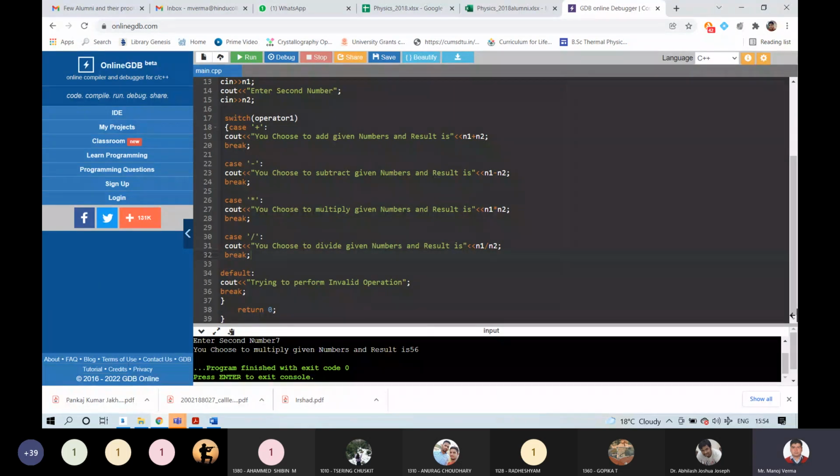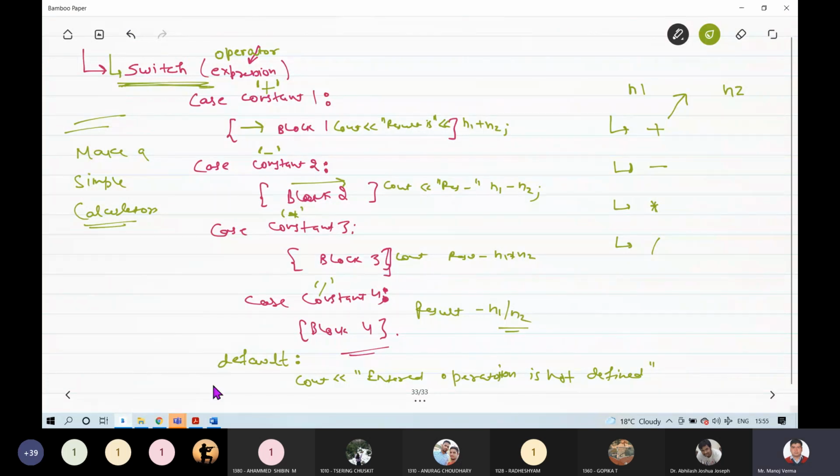Right. So in this way, yes, you can use switch cases when a particular problem demands multiple options of coding. If there is a particular condition, then this block of code has to be run. If that particular condition is like that one, then this particular code has to be compiled. So now this page would be more clear to you.